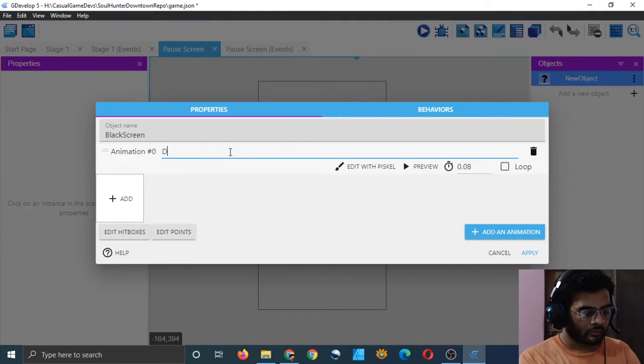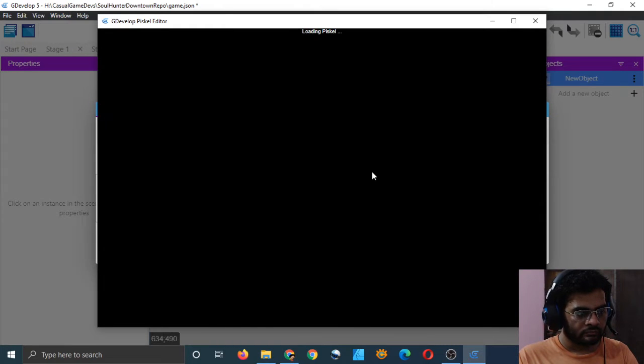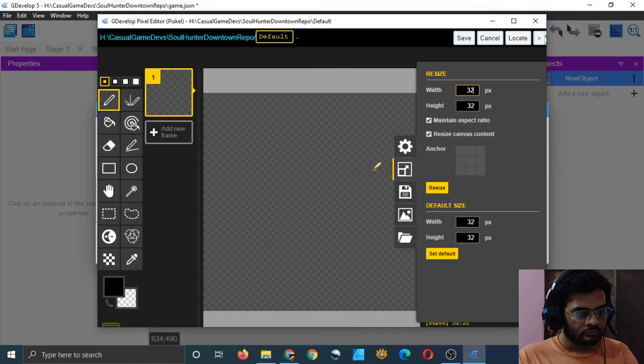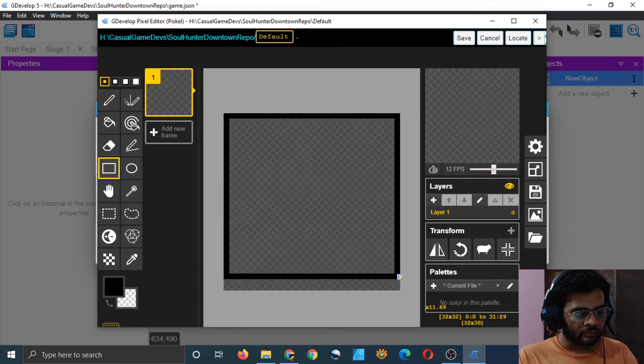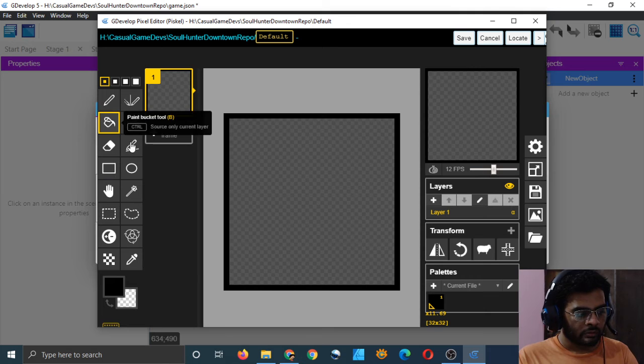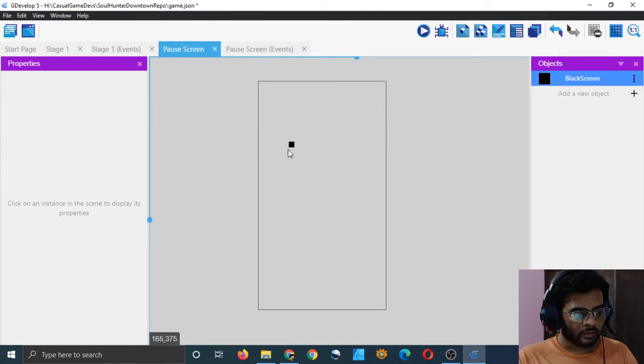To do that, call it default, edit with Pascal, and for easy editing, choose the rectangle tool and do this and save, apply, and just drag it here.